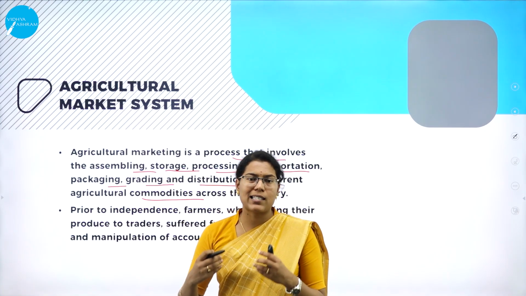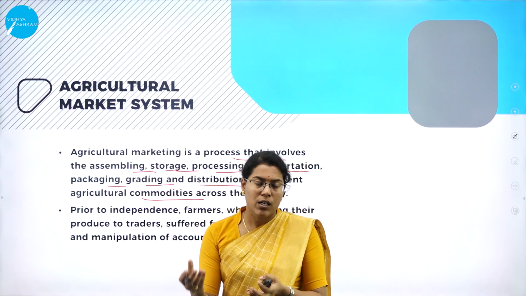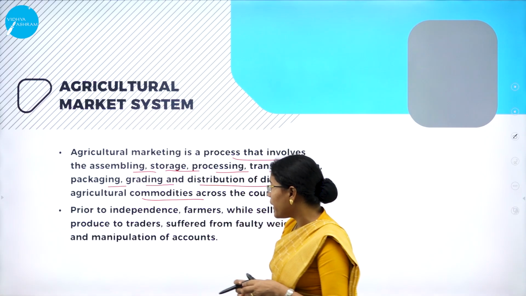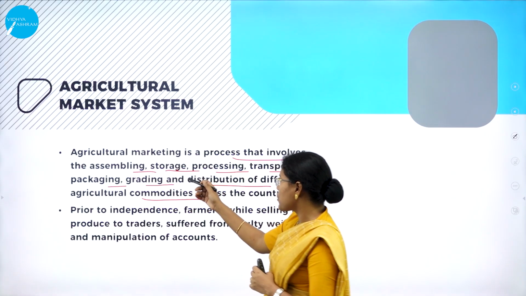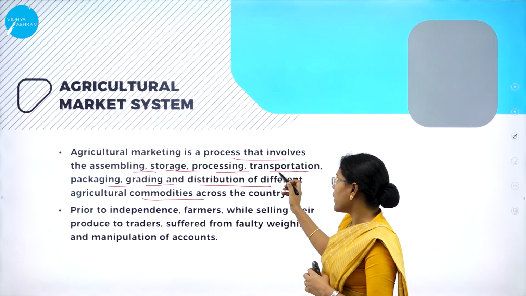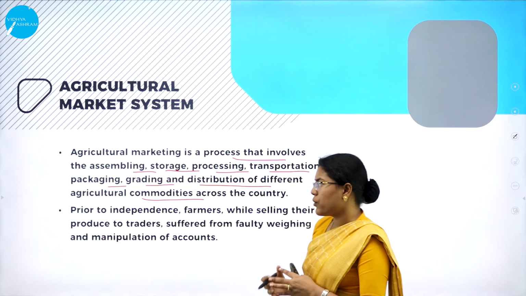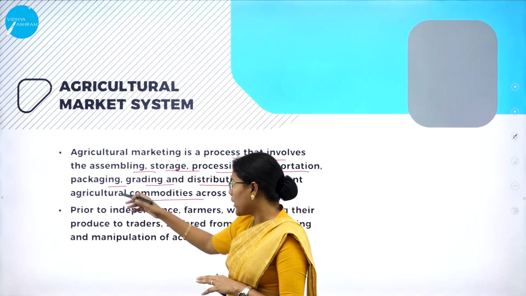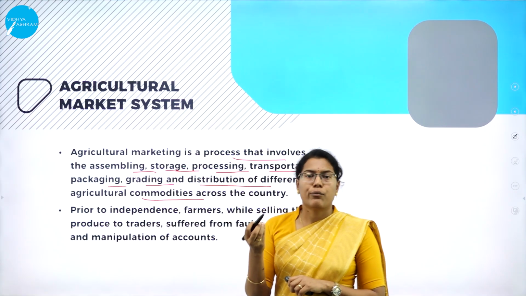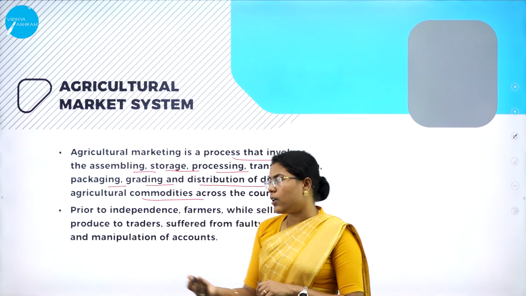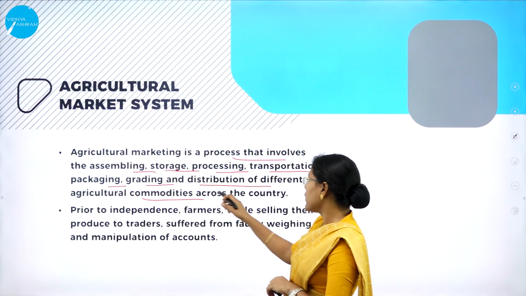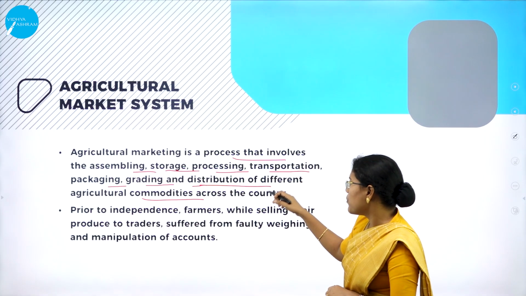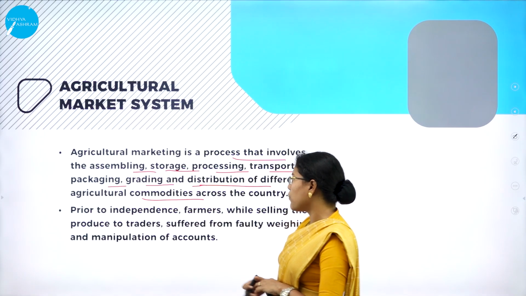It is not just selling the agricultural produce to the consumers, but it also includes all kinds of marketing activities like assembling, storage, processing, then transportation of the produce from one place to another, packaging, grading of the food grains, produce, various types of vegetables and grains, and not only that, along with that, distribution of different agricultural commodities across